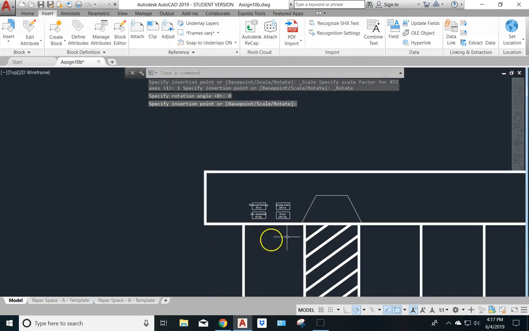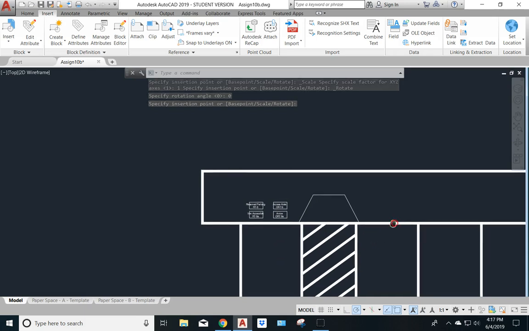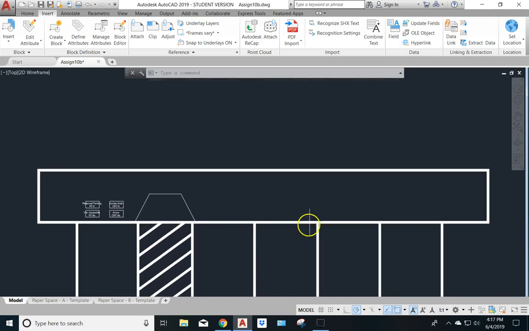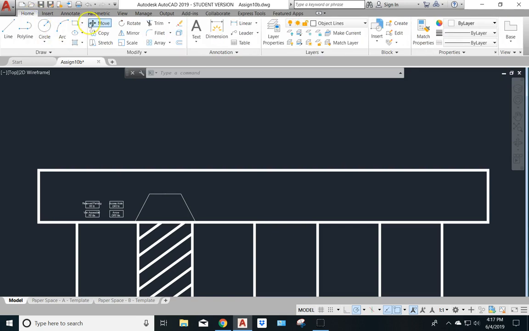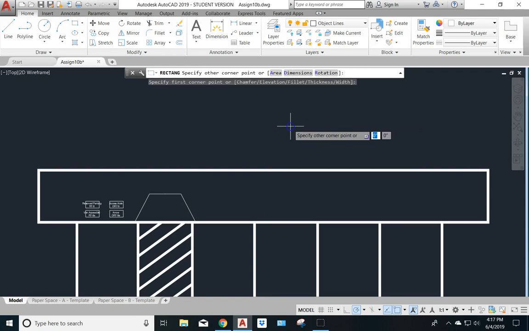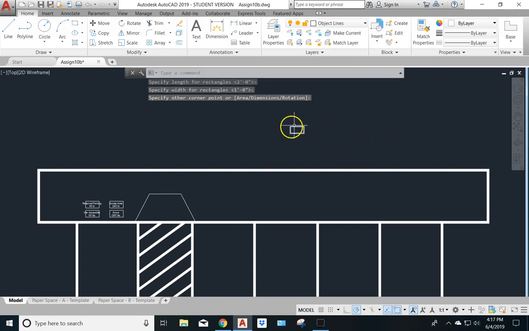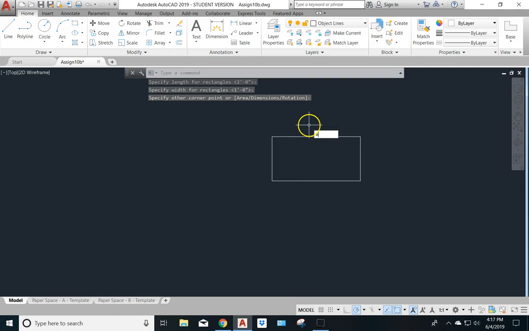Now I've got the signs for my accessible parking spots, and I now want to create a block that will be the signs for my 4 standard parking spots. So I'm going to go back here, and I am again going to create a rectangle, and I'm going to give it the same dimensions. And then I'm going to again put in